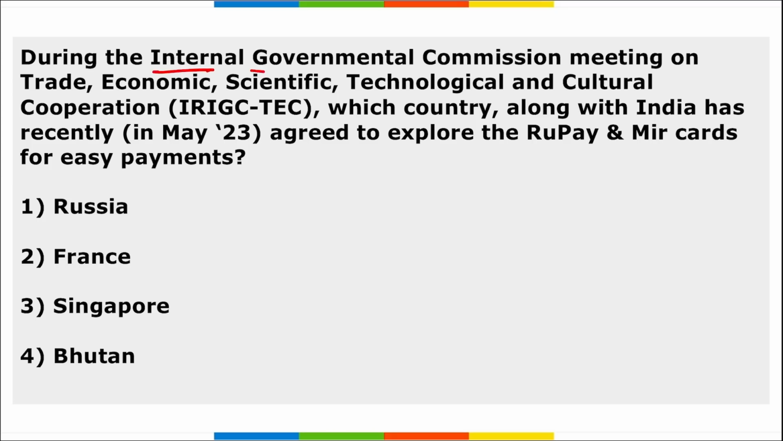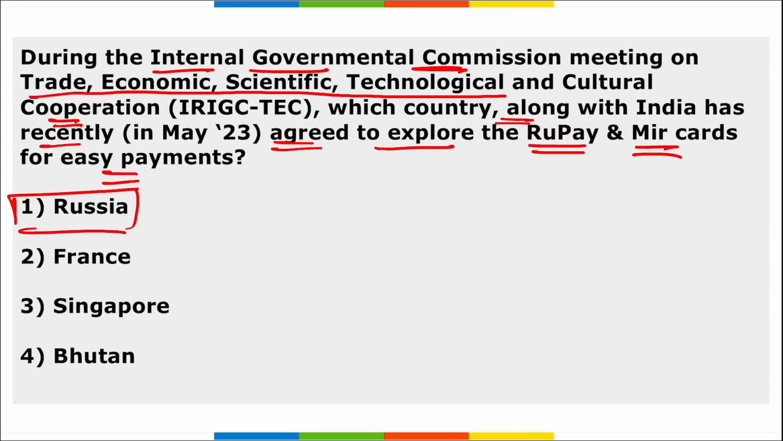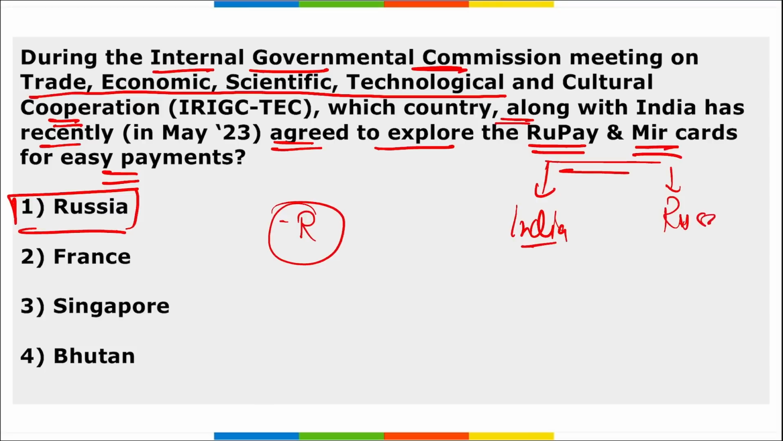Next, during the Intergovernmental Commission meeting on trade, economic, scientific, technological, and cultural cooperation, which country along with India recently agreed to explore the Rupee and Mir cards for easy payments? It will be Russia. I repeat, it is Russia that has recently tied up with India to explore the Rupee and Mir cards for easy payments. Rupee is of India, and Mir cards is from Russia. They will be collaborating together so that hassle-free payments can be done in Indian rupees and